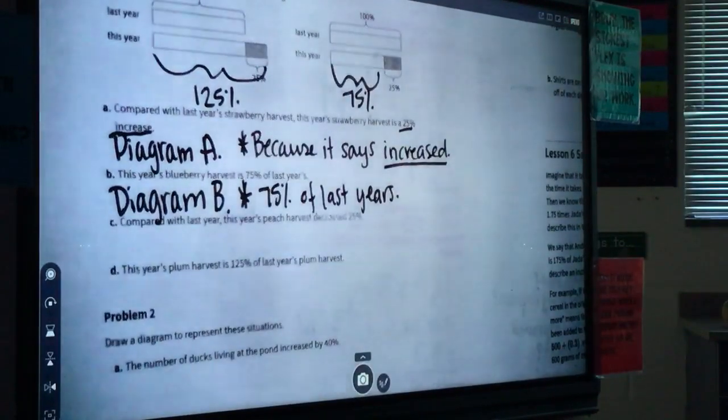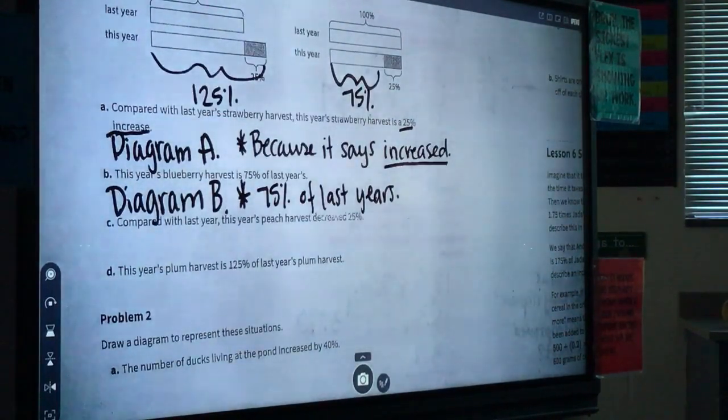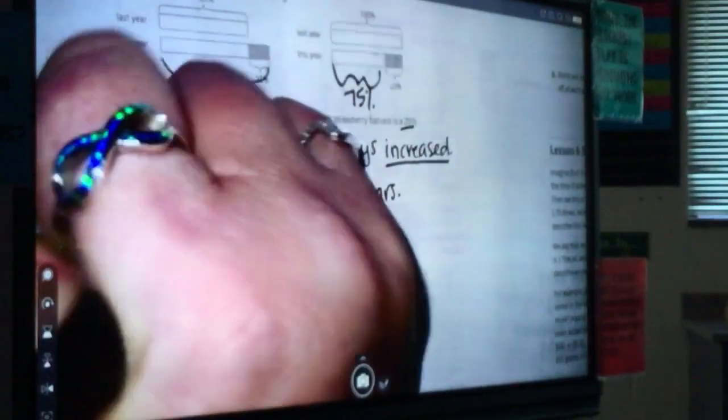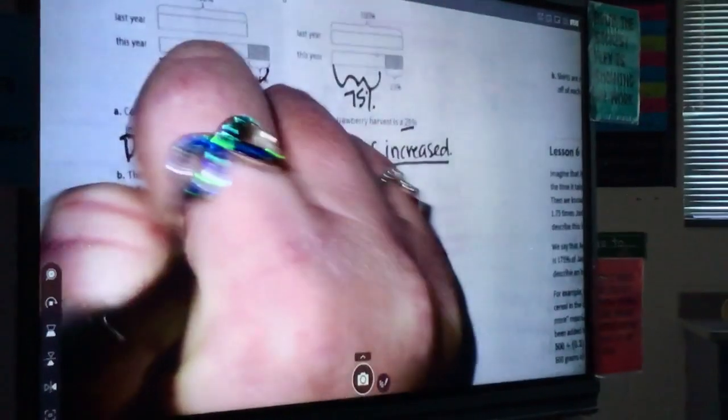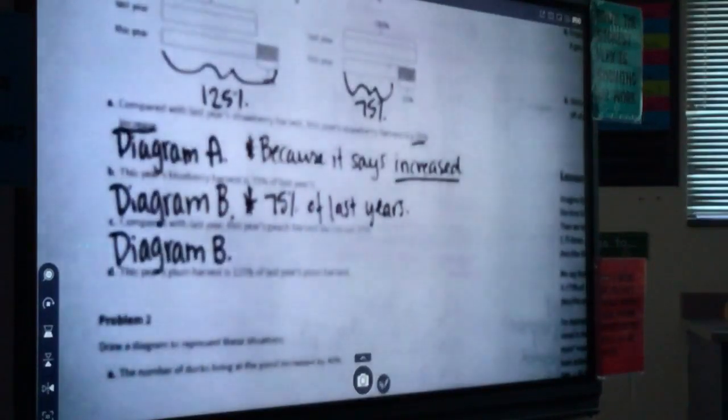C, it says compared with last year, this year's peach harvest decreased 25%. All right, stand up if you pick diagram A. Diagram B. All right, why? Oakley, nice and loud, baby. Because it says it's 25%